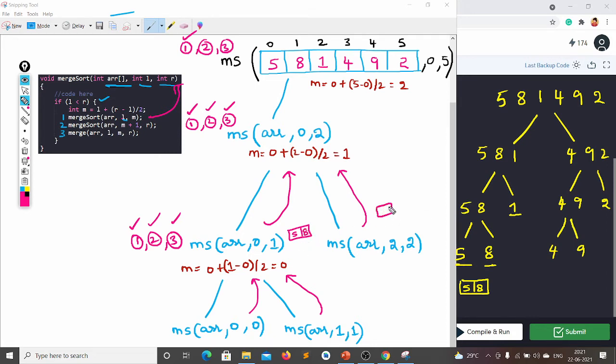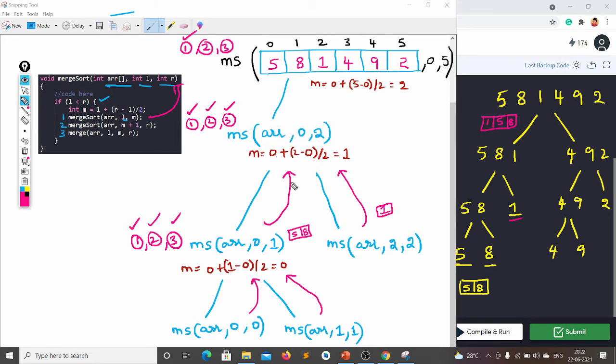And here, what is that number? 1. 1 is written. Now this 5, 8 and this 1 will be merged after calling this merge function. This 1 and this 5 and 8 will be merged. We will get and it will return the 1, 5, 8 array.